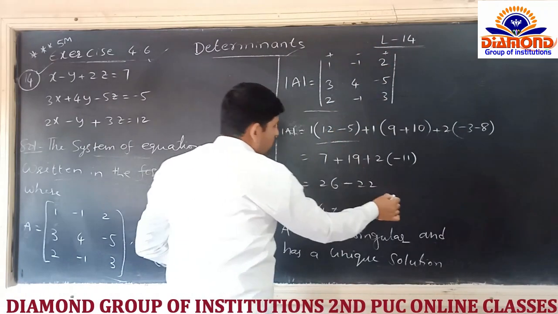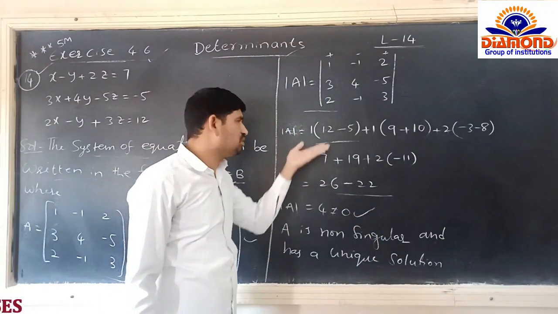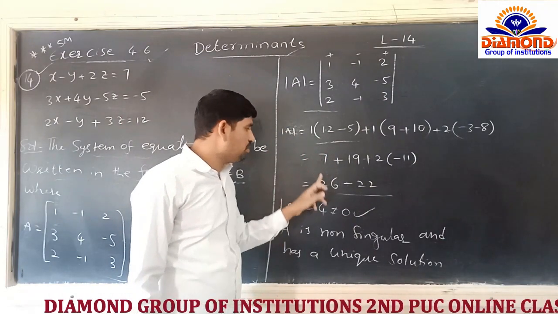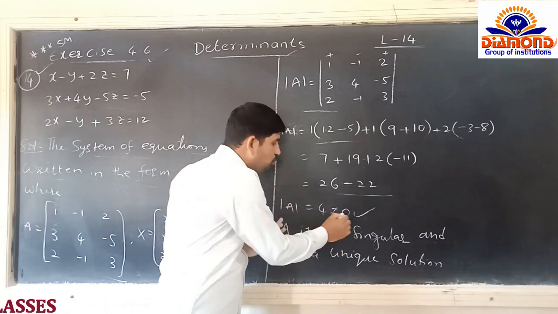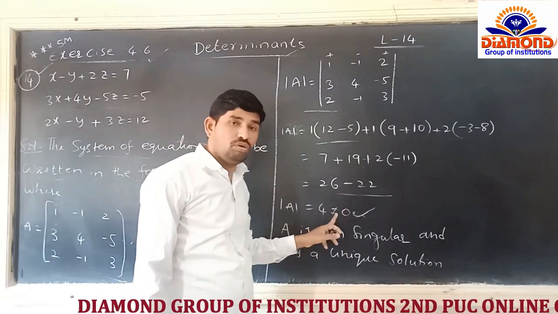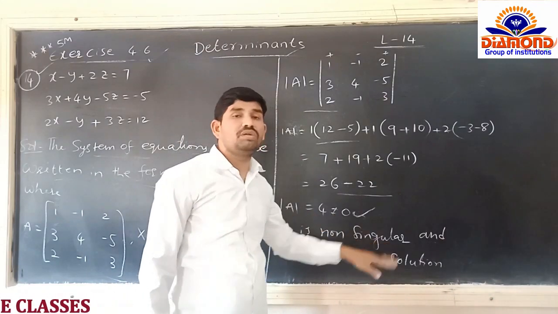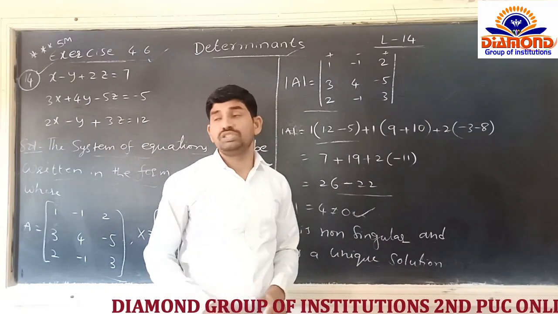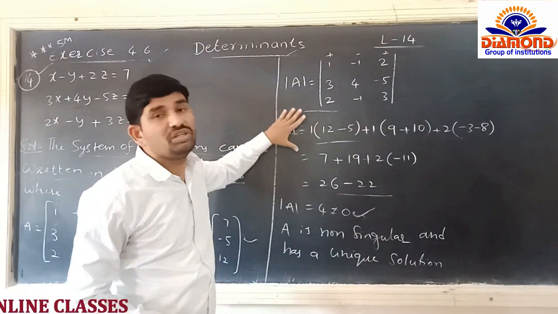Next, the simplification for this total we are having here, what? 4. We know how to make the simplification. Yes, it is one of the small simplifications you can do. So the determinant here is 26 minus 22, that means 4. So we got the determinant 4. Is it equal to 0 or not equal to 0? Definitely not equal to 0. So the determinant of A is not equal to 0, which means we can say A is a non-singular matrix. And we have to write it as a unique solution. Which kind of solutions do we have for this system? Unique solutions.